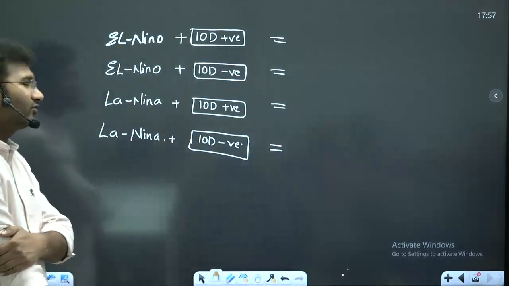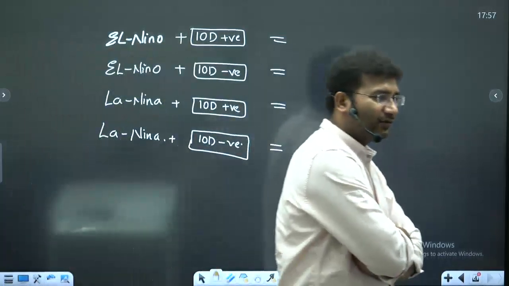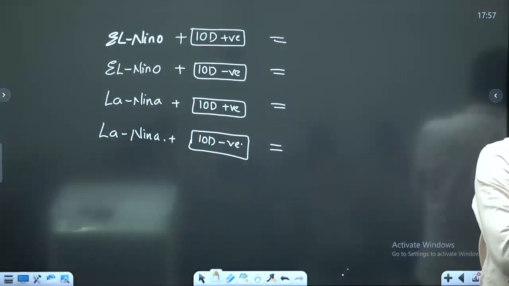El Nino plus Indian Ocean dipole rainfall. Do you have rainfall in India? Yes, you will have. But it is